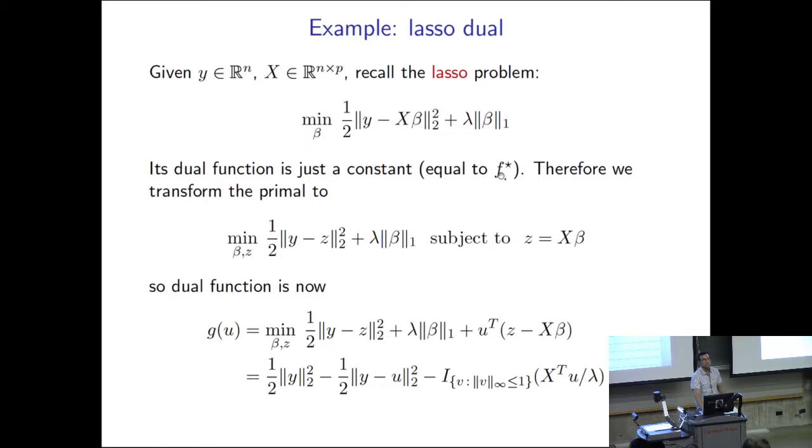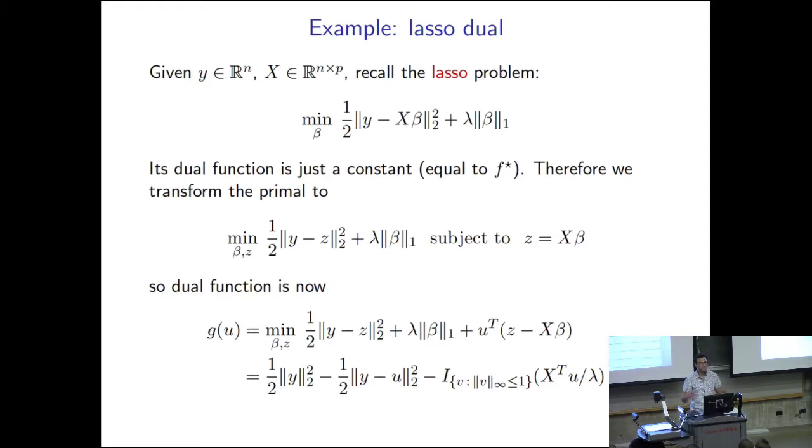This is true for any unconstrained problem, that the dual is just a constant. And the dual problem is just to maximize a constant. That constant is the primal criterion optimality, so it's not interesting. But this is where, and I'll mention a bit more at the end of the lecture,